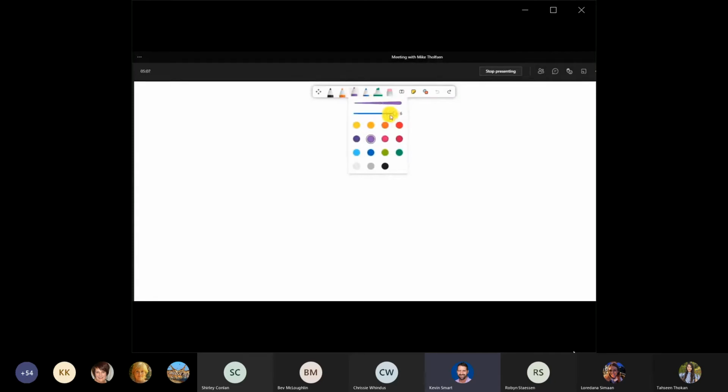I can make it much thicker, let's say. Got all these different colors to choose from. I'll keep it on one of my favorites, which is purple, and I might do my little writing on the board here, say hi. Now I go to the highlighter, I select the highlighter, and I click it again,